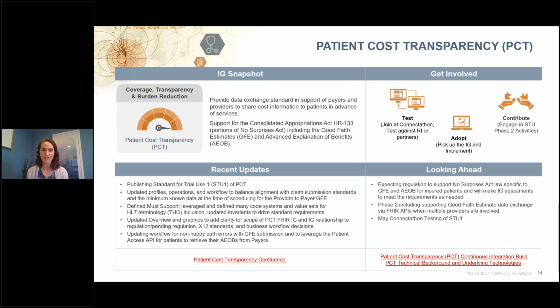But to dive into patient cost transparency for a little bit here, this slide should look pretty familiar to all of you that have been participating on previous community roundtables in the past. And so it's very similar to some of the other snapshots or pieces of information that we have across Da Vinci use cases. You can learn more about what the patient cost transparency use case is all about, which is really to provide a standard for data exchange in support of payers and providers to share cost information to patients